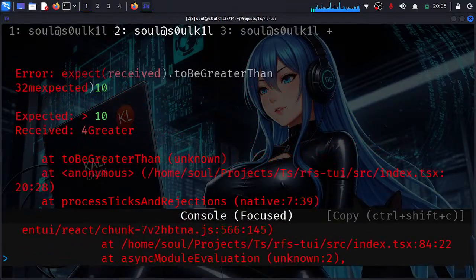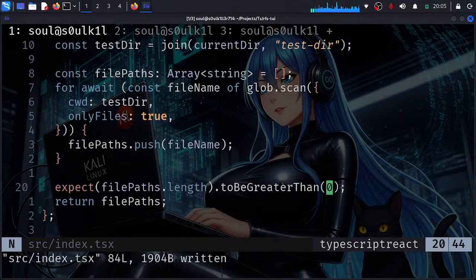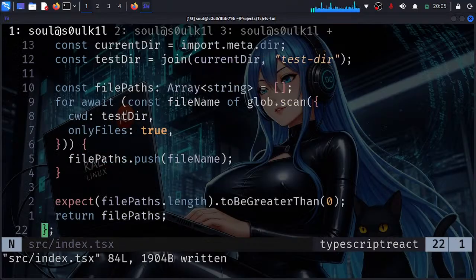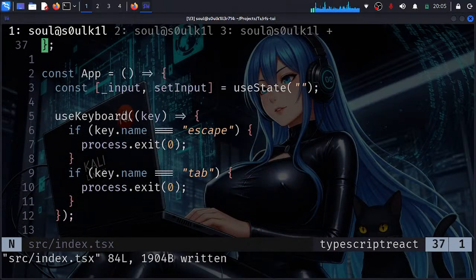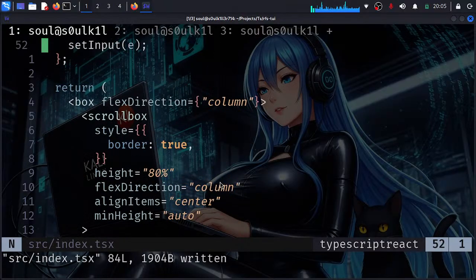Right, because I wrote. So see, this is working. For sure, I know that this is working, and maybe what I can do here is